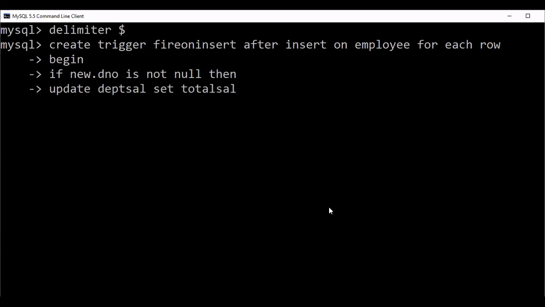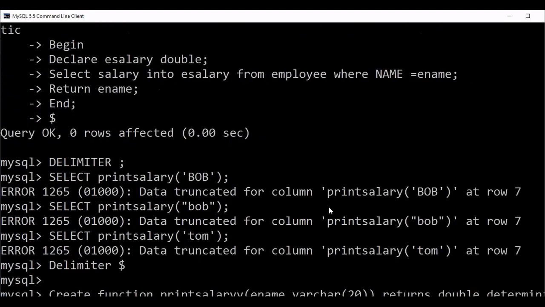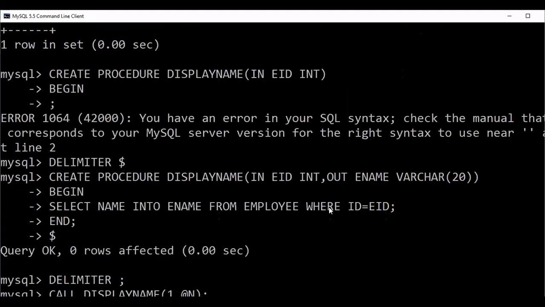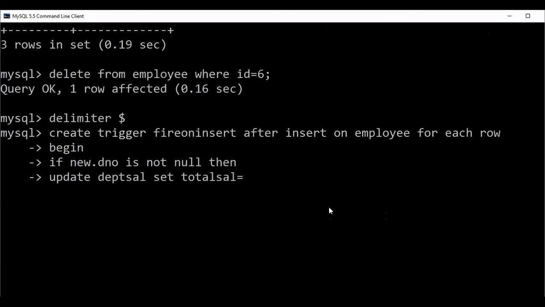I have not described that table, so I'll check later; if it shows an error, there will be a problem. Maybe it is total salary. Total salary equal to the existing total salary, then this will be modified with new dot the current salary.